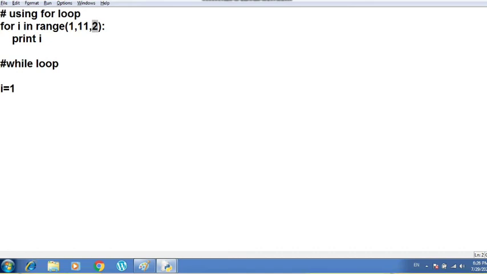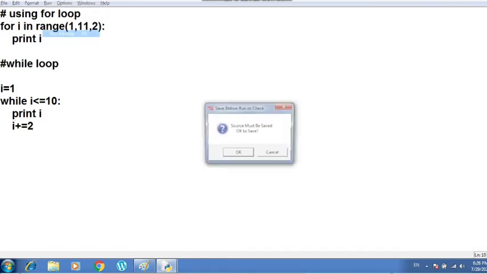So I have written i = 1. Now I have to give the test expression, while i <= 10, and then I have written here print(i), and then the update expression, which is the step value in the for loop, i += 2. So now let us execute this.